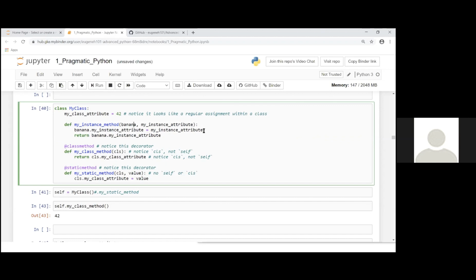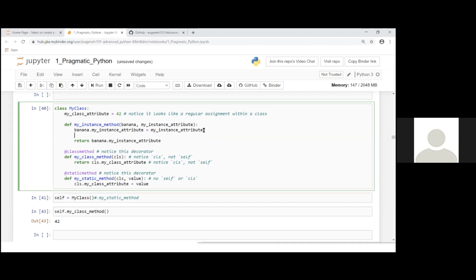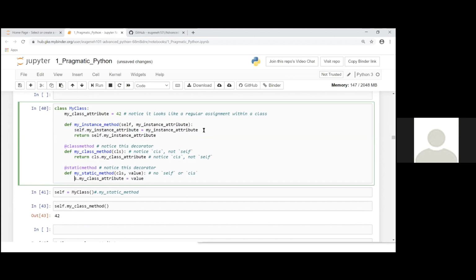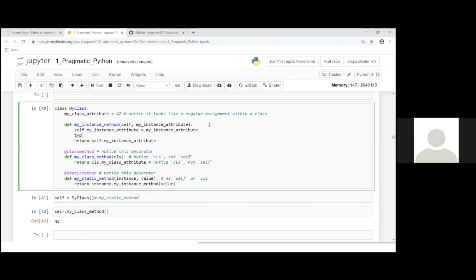If you were really fancy, you could convert this instance method to a class method. And what you would do is, how would you do that? What you would do is you get the type of this instance and then call a class method or static method. So let me give you a quick example. For example, in this instance, I'm going to start mutating the class attribute. All right, I'm going to do some magic here.